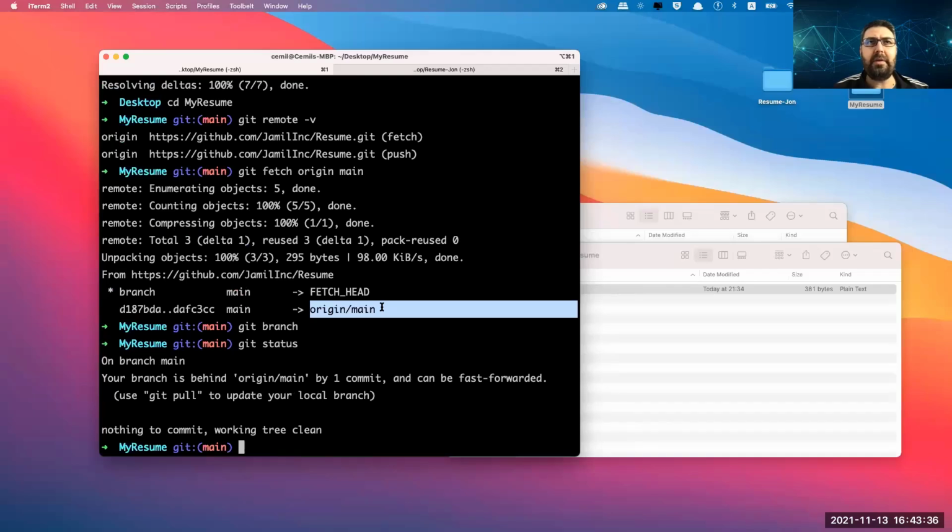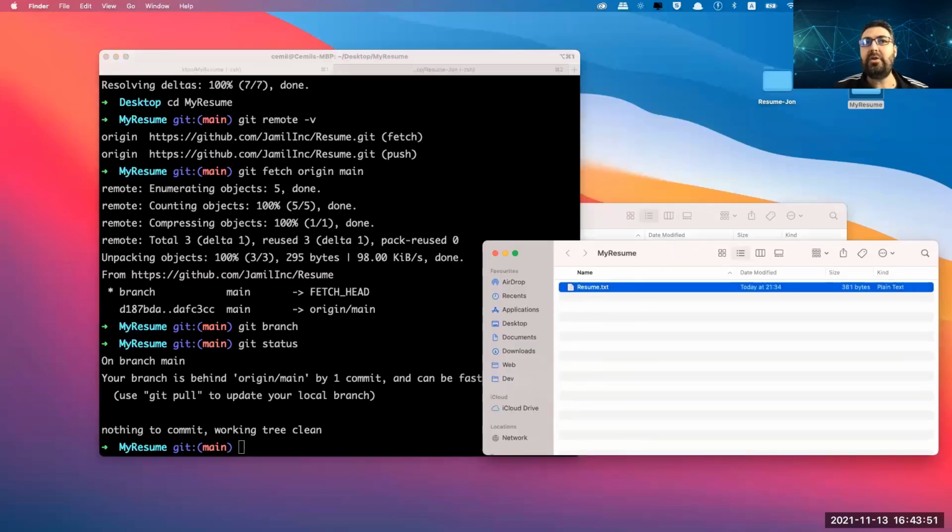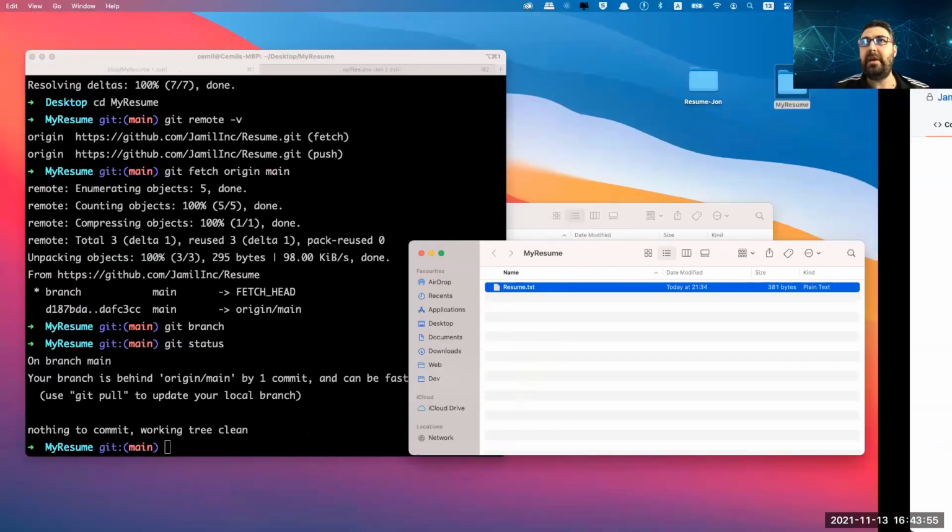Now, the next step is merging it. So it's there, it's here, I fetched it, but I haven't merged it yet. I believe if I make a git commit from my file, then it's going to be merged to our repo, because in here